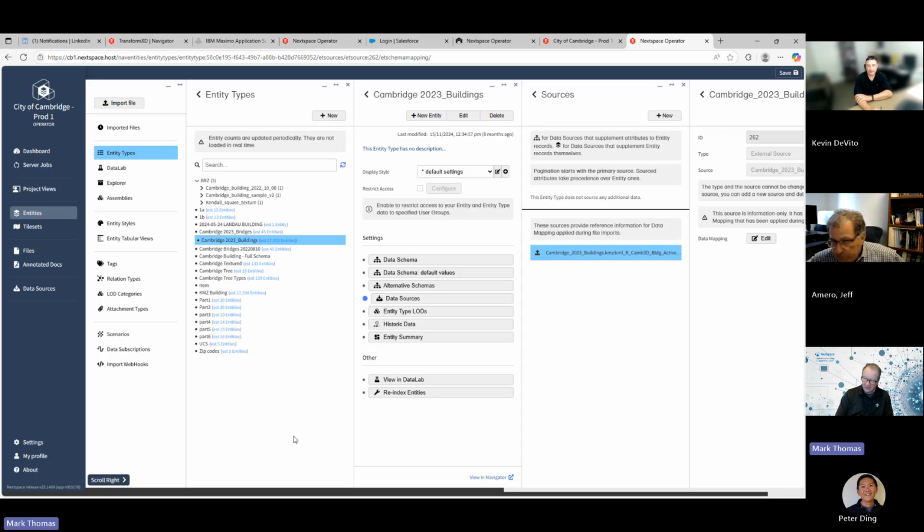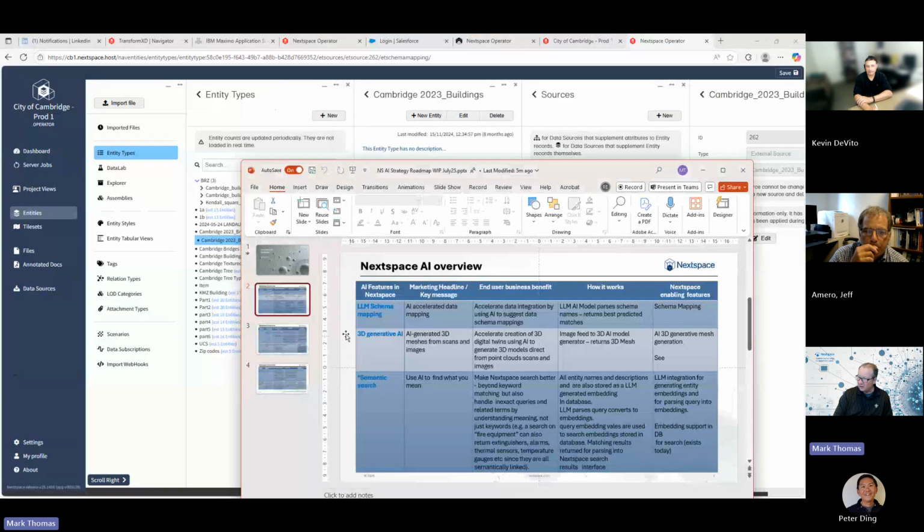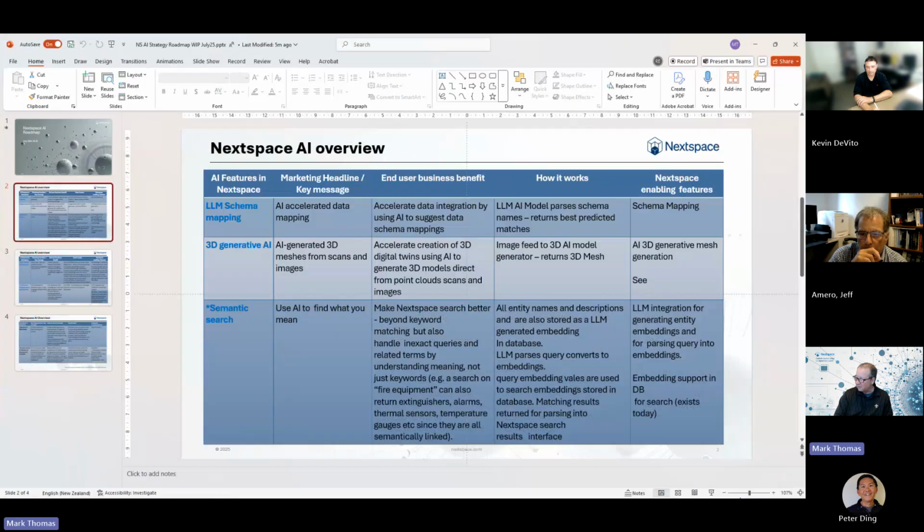So I think there's more potential here, Jeff, from what I've seen, to take spreadsheet data or other information from other asset systems that you have, and merge them into this common understanding of a building or a tree or a bridge and so forth. So I think there's more work to do there, but that foundation then helps us go down this path, which is about